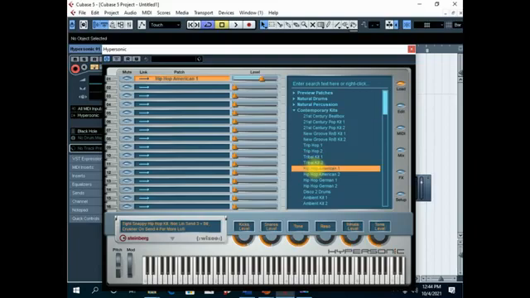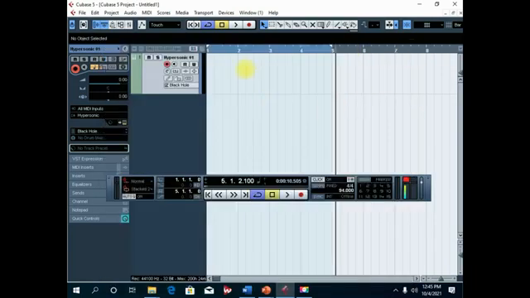So this one will basically change my keyboard into a drum kit. Right, it will change my keyboard into what? Into a drum kit. Right, so now that I've got my drum kit ready, I'm closing this and I'm ready